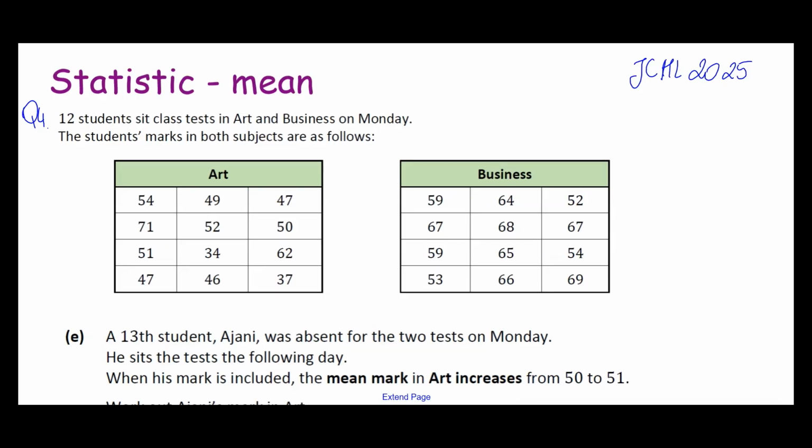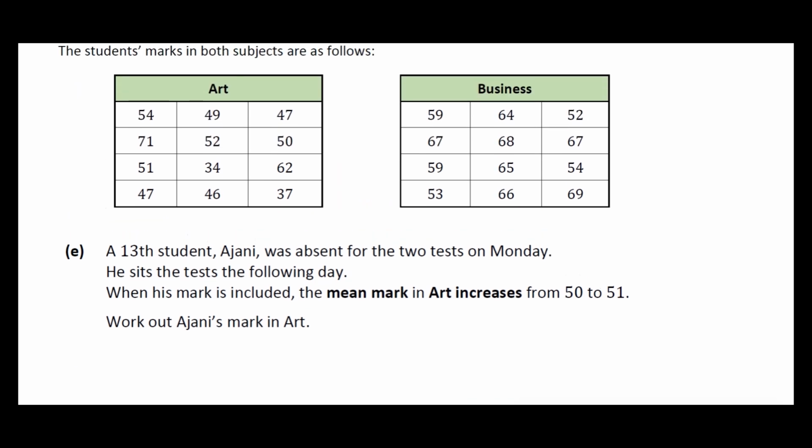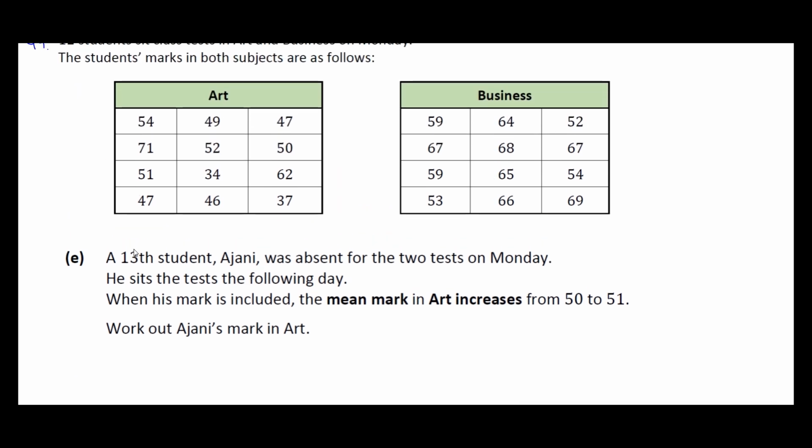Another common aspect on your exam is mean, which has to do with statistics: mean calculation, average calculation. In this question, we are talking about students that had a test in art and business, and they got results in art and in business. In the last part of the question, we are told there were 12 students, but that there is a 13th student, Anjani, hopefully I pronounced that well,